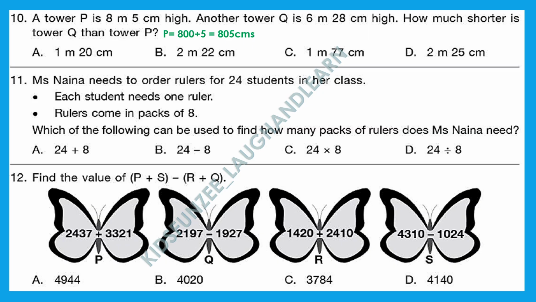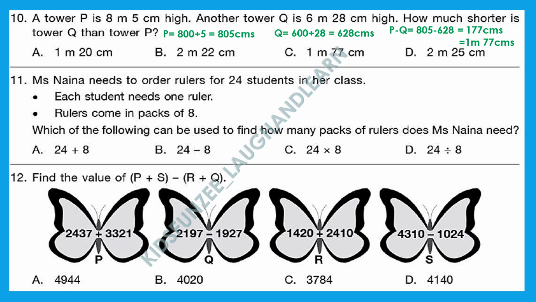So P will be 800 plus 5. Why? Because in 1 meter there are 100 centimeters. So 8 meter would be 800, then plus 5, it will get converted into 805 centimeters. Same way, Q will get converted into centimeters. 6 meter is equal to 600 centimeters plus 28. It will give you 628 centimeters. Now let's do the subtraction. What do we get after subtraction? P minus Q, we get